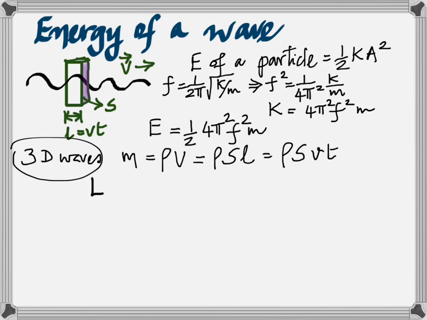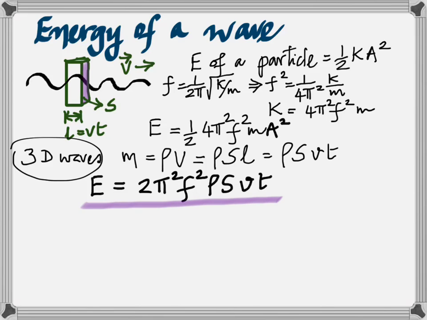Volume is S times the length, isn't it? Where S is the surface area. Yeah, cross-sectional area in this case. Surface area times length. And L is velocity multiplied by time. Therefore, when you plug back everything into this. Okay, I had forgotten to write A squared there. So now I brought it back. Nobody noticed that? A squared has come back now. Wow, very important equation.